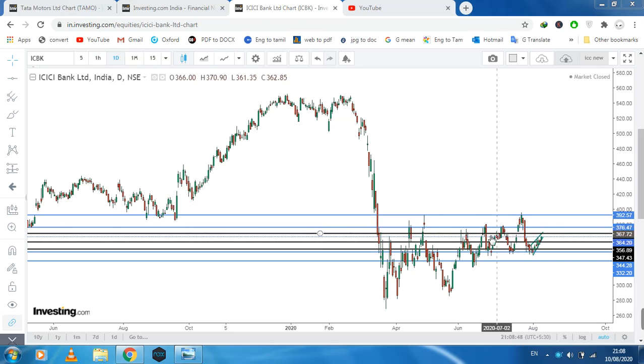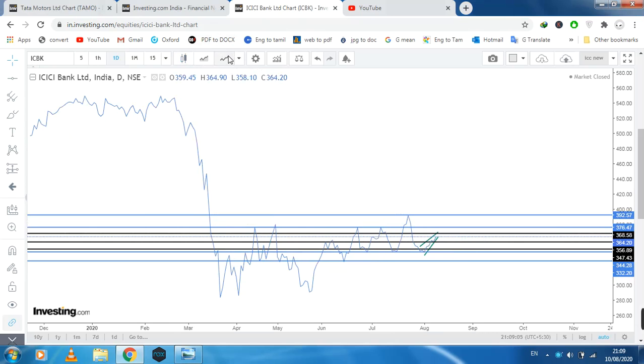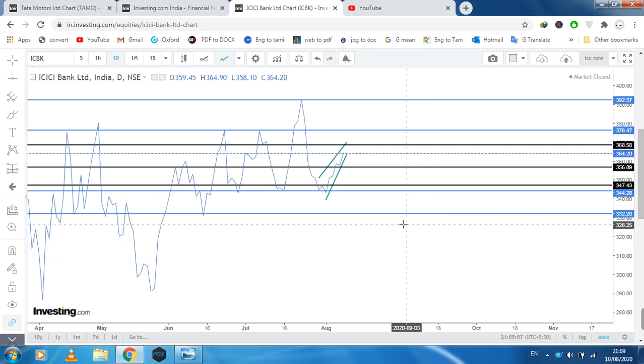These blue lines are the daily chart support and resistance levels. How can we draw support and resistance correctly? We need to go to the line chart. This is the correct method to draw support and resistance. This is the current market, and this is a nearby good resistance. The price previously touched this line two times, so it has good potential here.